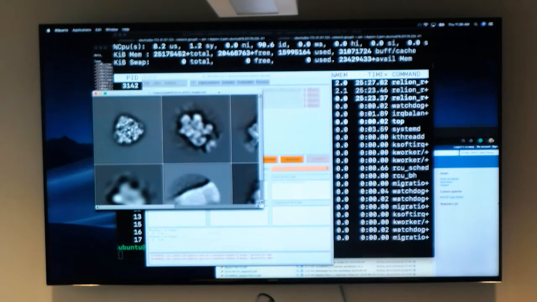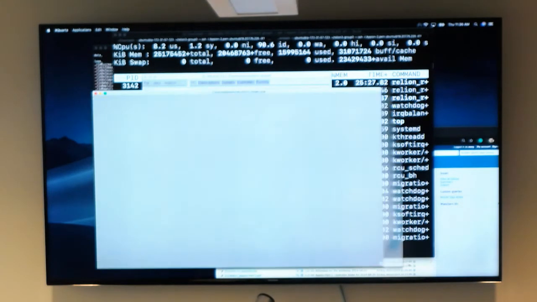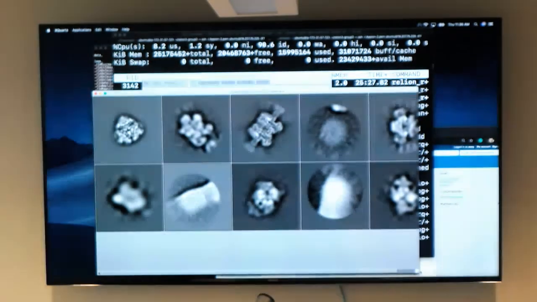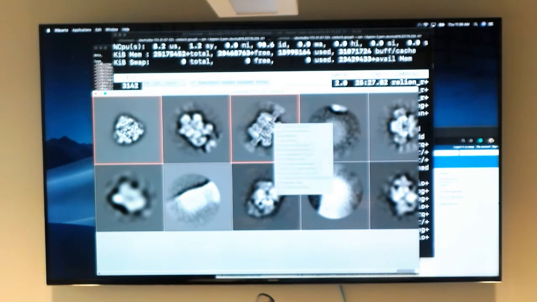So you can say, great, I see a lot of secondary structure detail. I like this class, I'm going to select that class. And this is where a 2-button mouse will come in handy because Reliant has 2 features. One is display, and one is where you actually select classes per se. And in that case, you would select a certain amount of classes, and if you